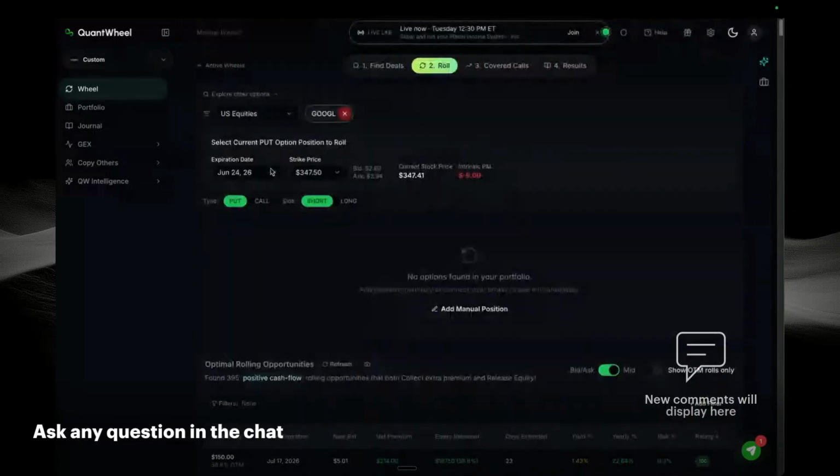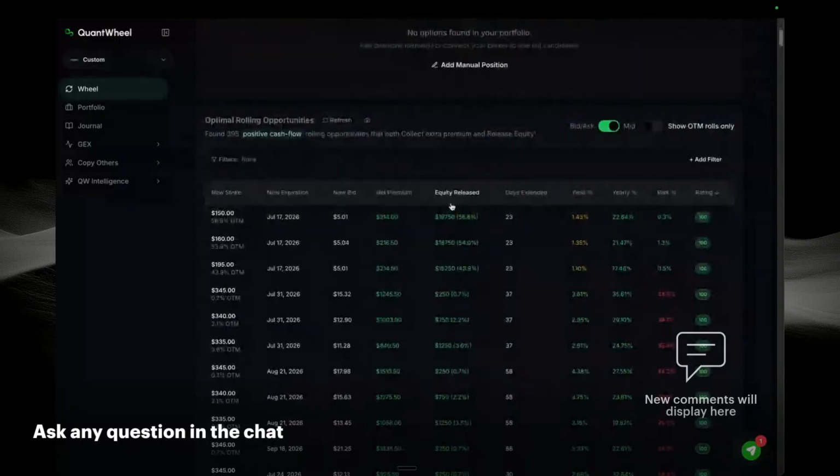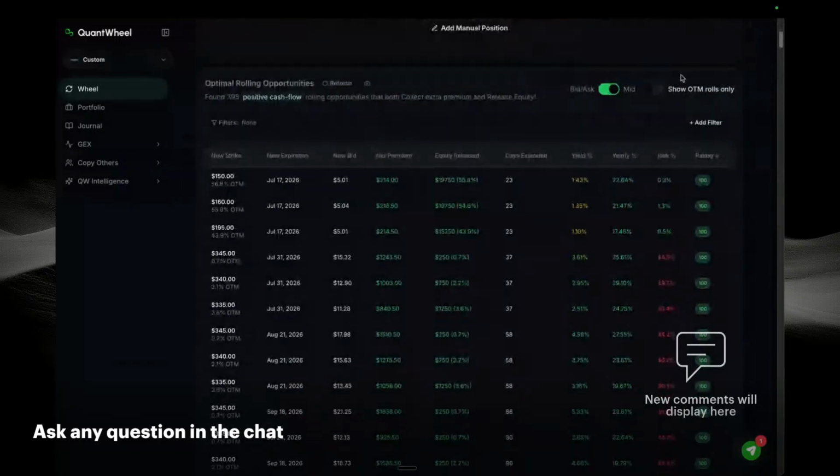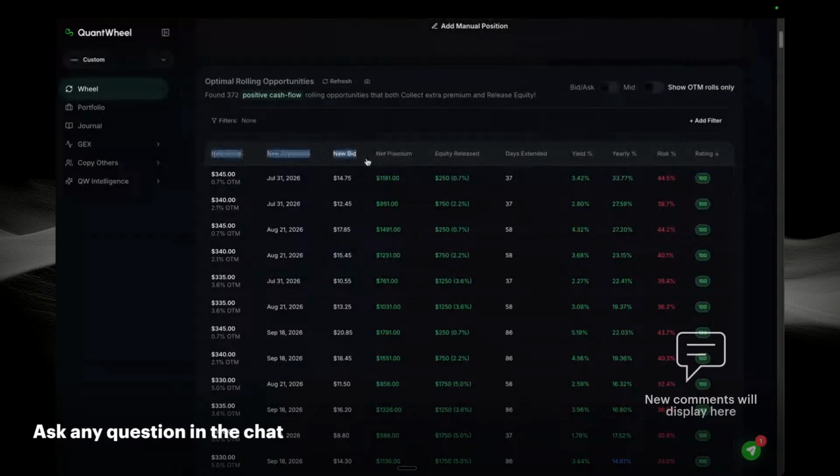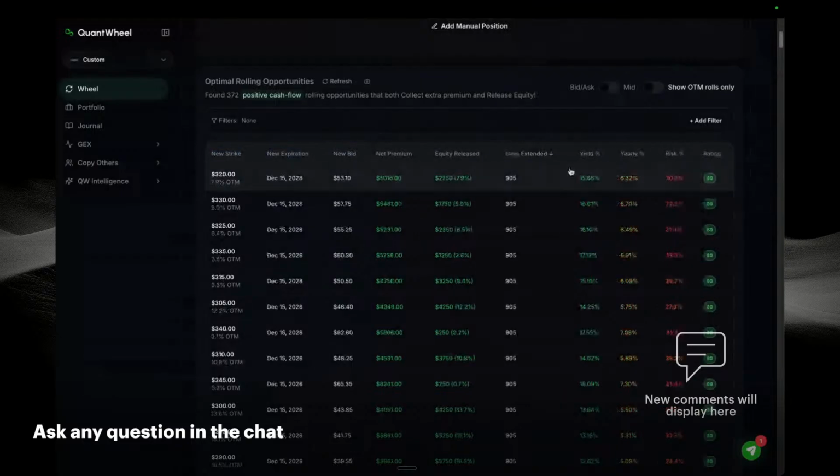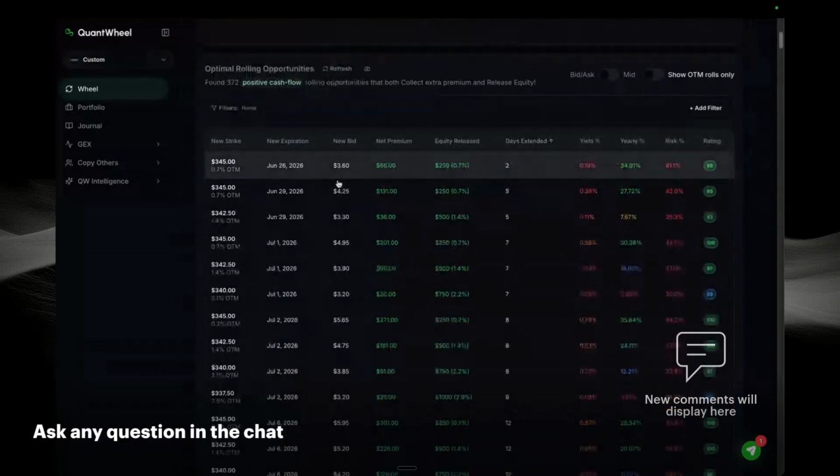So what you can do is you select exact option and you're going to see all the other opportunities to roll. Make sure you select bid and ask or mid. If you select bid and ask, you're going to get a pretty accurate situation. And now you can sort them by days extended. So if you wait another, let's say,